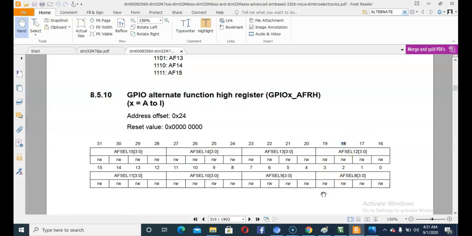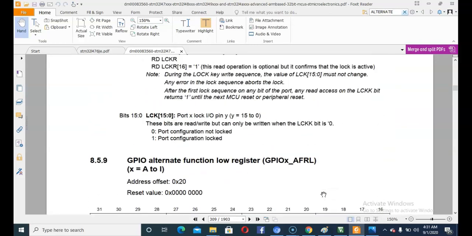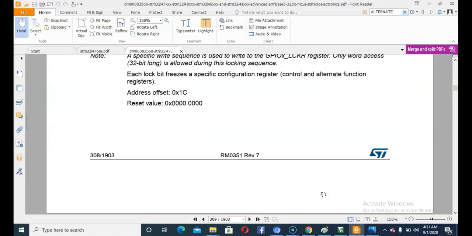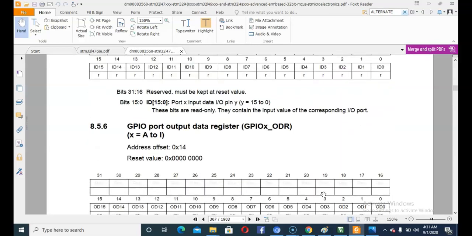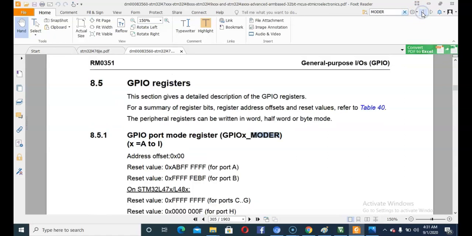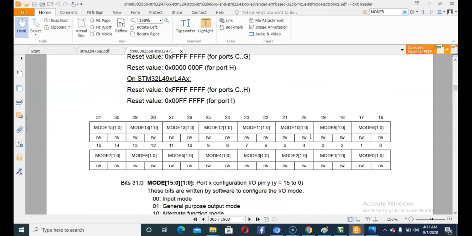Sorry, this was the MODER register. This was not the AFR but the MODER register. So search for MODER, it is just above this declaration. You can search also. Just go to the search bar, search MODER, and go to the previous search option. This one is the MODER. So we are clearing the 16th and 18th bit.